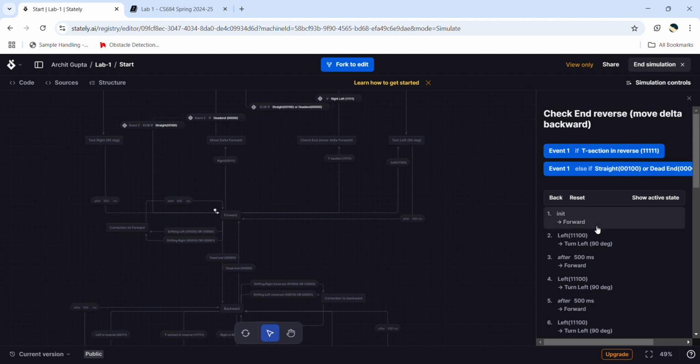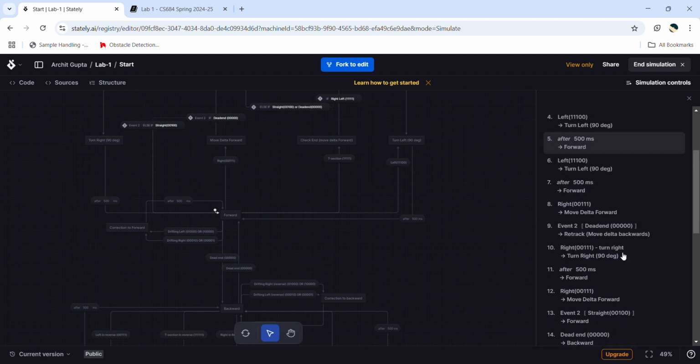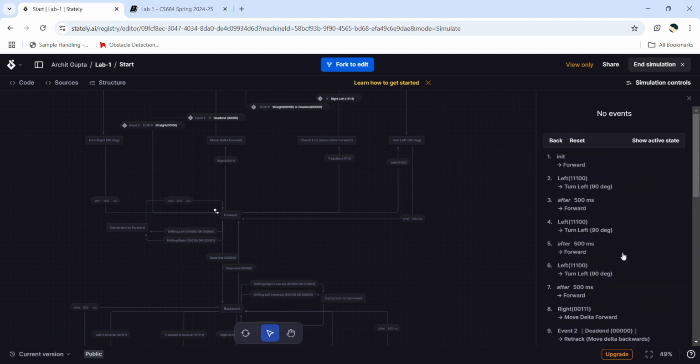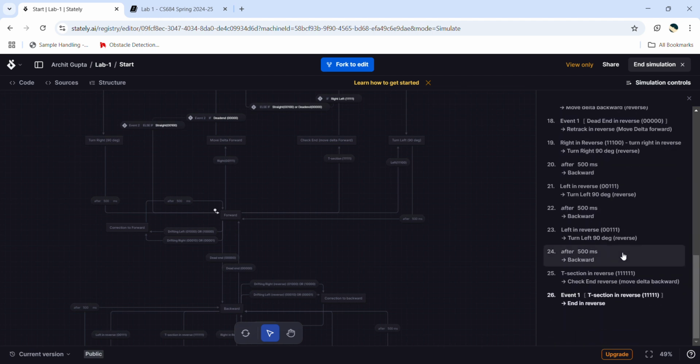So once it senses it's probably at a T section, it moves a bit forward. If after moving forward it remains in the fully black state, we conclude that we have reached the end. So this is how our model is able to run. If there had not been this whole completed black segment, then we would have had to basically